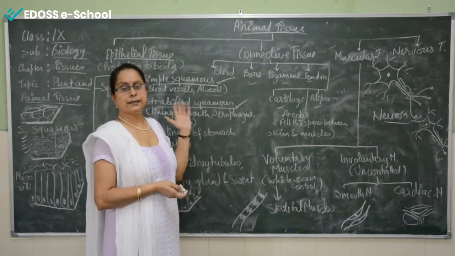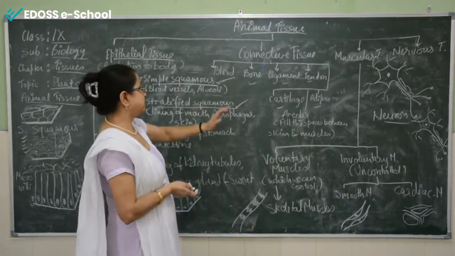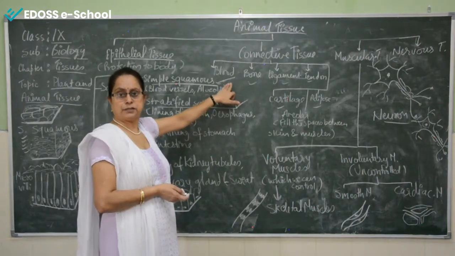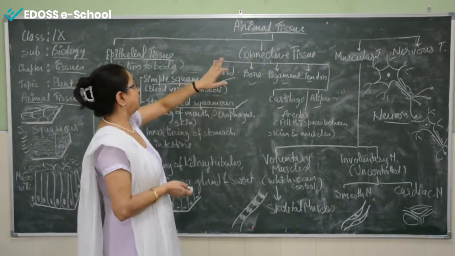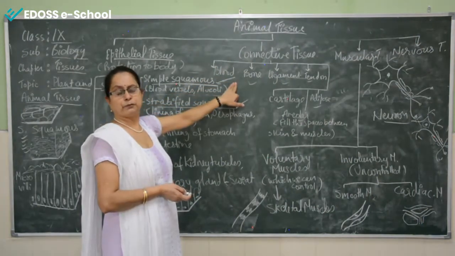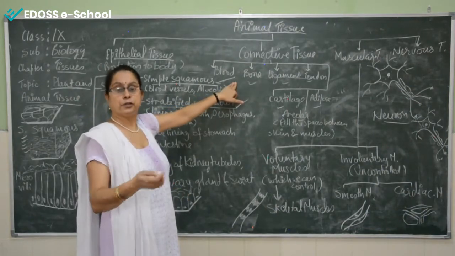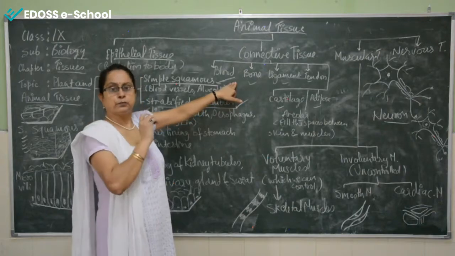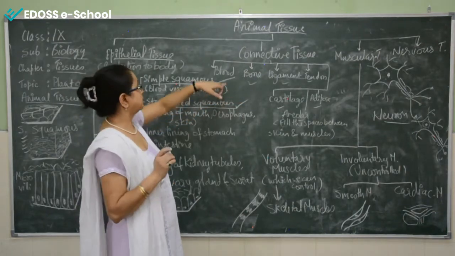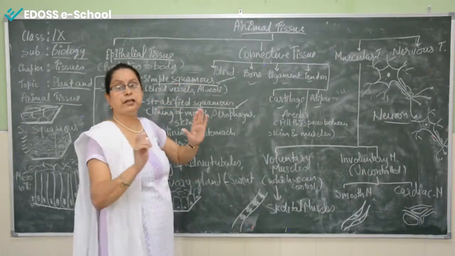Now RBC, the red blood cells, help in the transportation of gases, oxygen and carbon dioxide. Then WBC provides immunity to the body, and lastly the platelets help in the coagulation of the blood, clotting of the blood. All three types of cells suspended in the blood are very, very important.